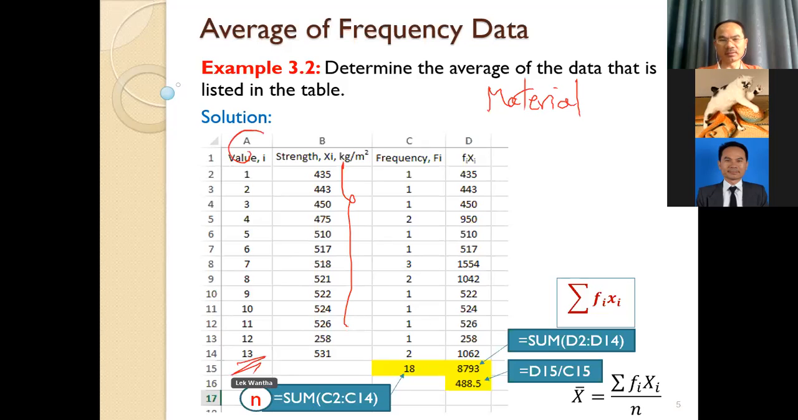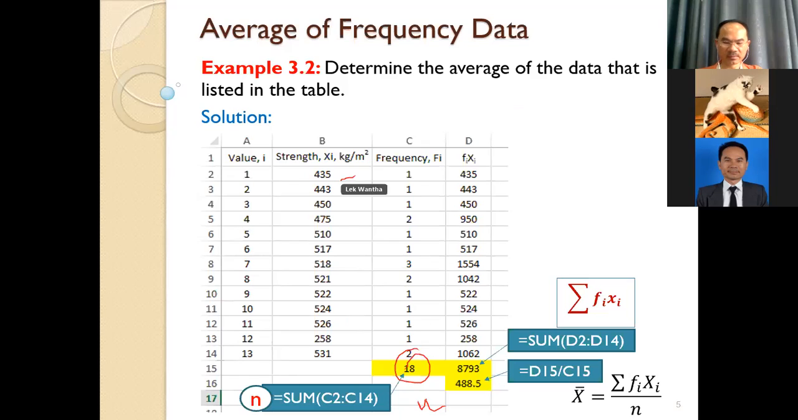Not 13 materials, it is 18 materials. This is the number equal to 18, the number equal to N. Okay, the strength of material equal to